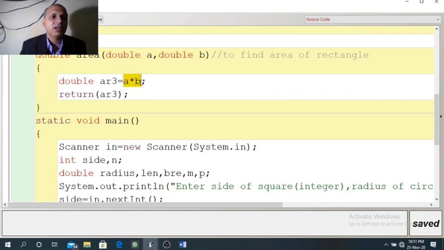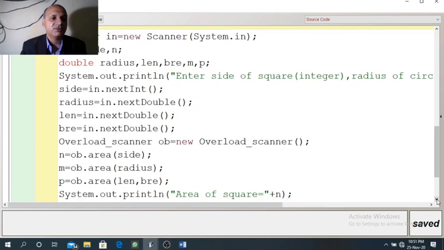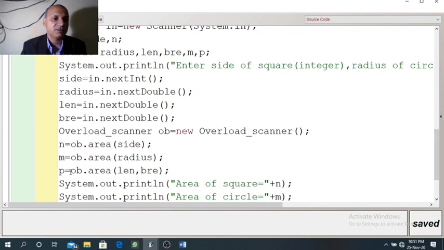A and b will get multiplied, that will be stored in AR3, which is the product of a and b, and that product will be returned back. Now this returned value will be received in P at the time of the function call statement.